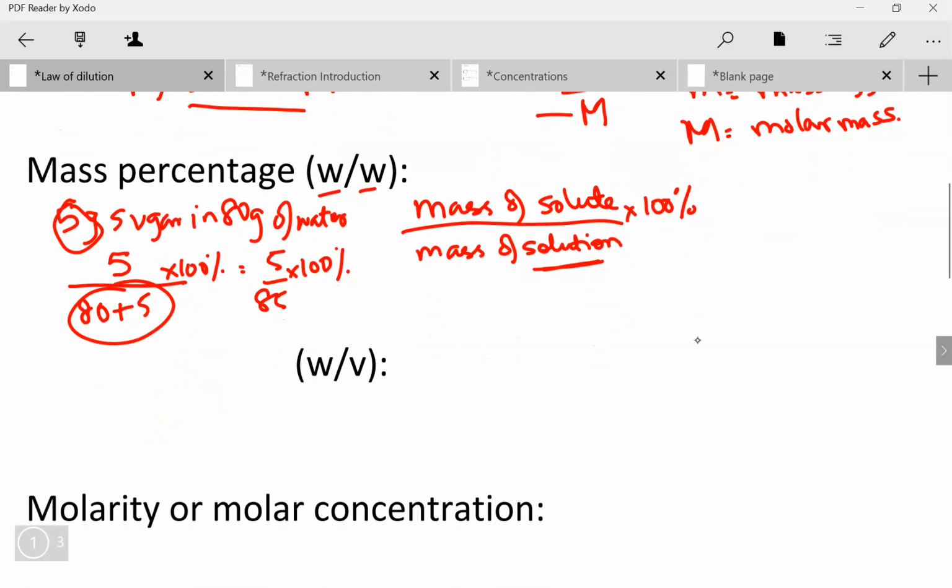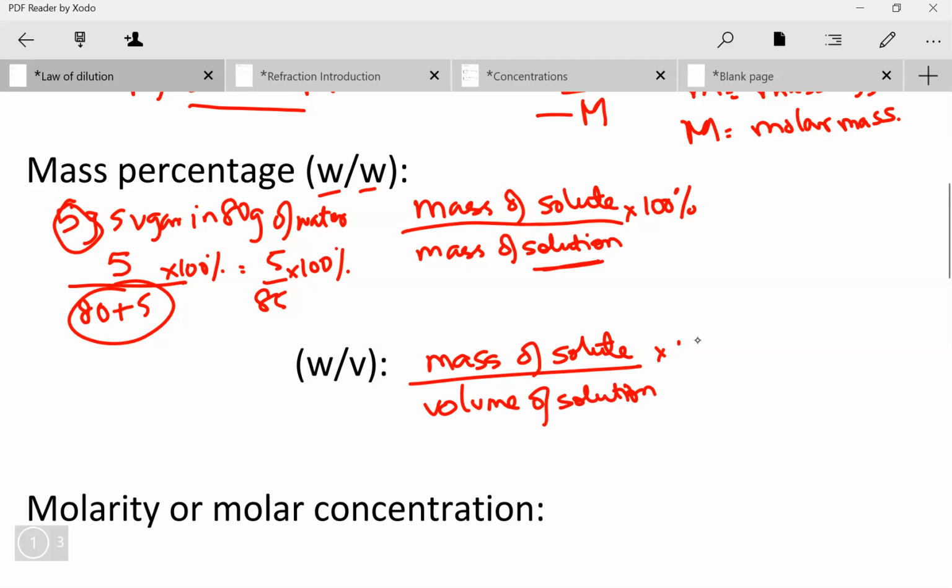The only difference when I mean W per V is I'm doing weight per volume. So this is mass of solute. This is the same because it's a weight divided by, instead of mass, I'm doing volume of solution times 100%. And this is a bit easier to do because if I do the same example, 5 grams of sugar and 80 milliliters of water, I will do 5 divided by 80 times 100%,